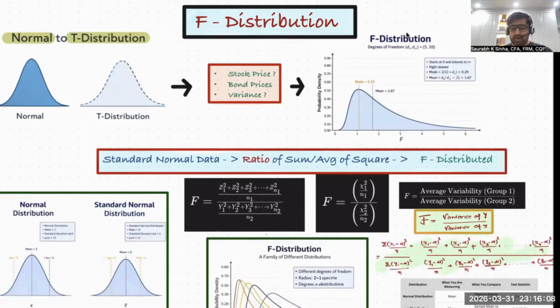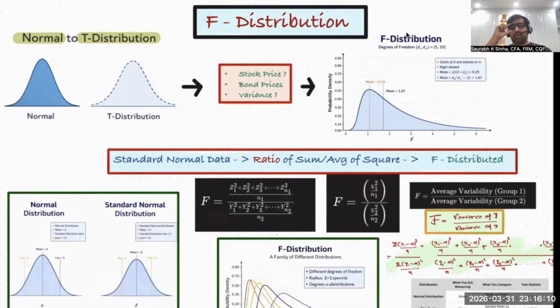Now, let's jump directly into F distribution. I will not convolute the discussion. I will start the discussion with the same rhythm we did with chi-square distribution. So why chi-square distribution? The same way, why F distribution when we have normal distribution and t distribution? But the problem with the normal distribution and t distribution is that if you use normal distribution or you use